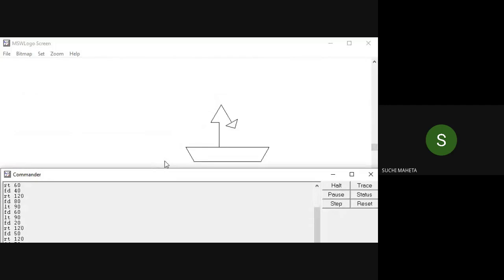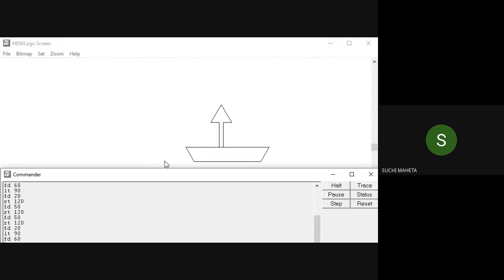FD 50. RT. FD 20. LT 90. FD 60. Hide turtle.